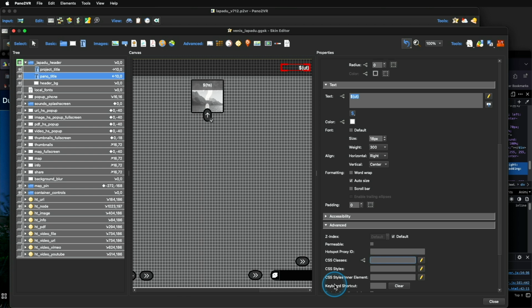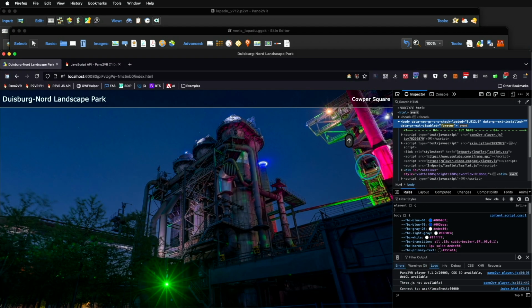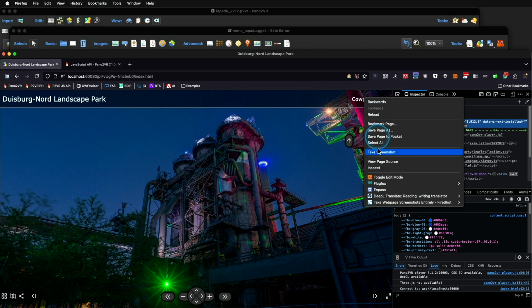So let's just choose a name. It's up to you how it's named. Pano title. It should be descriptive to make it findable. And if I save it here and go back to the output and just right click and inspect it here,